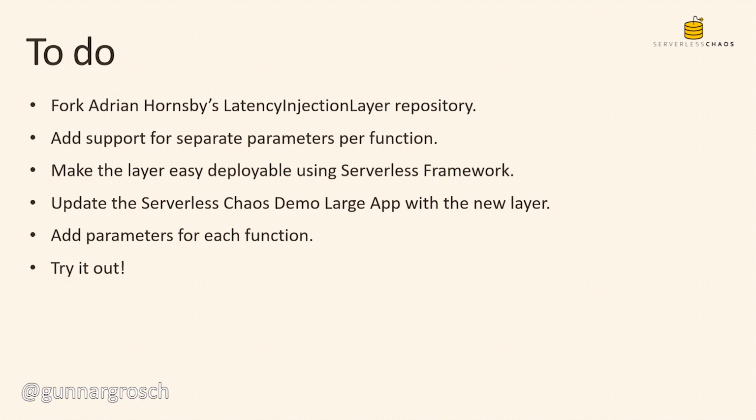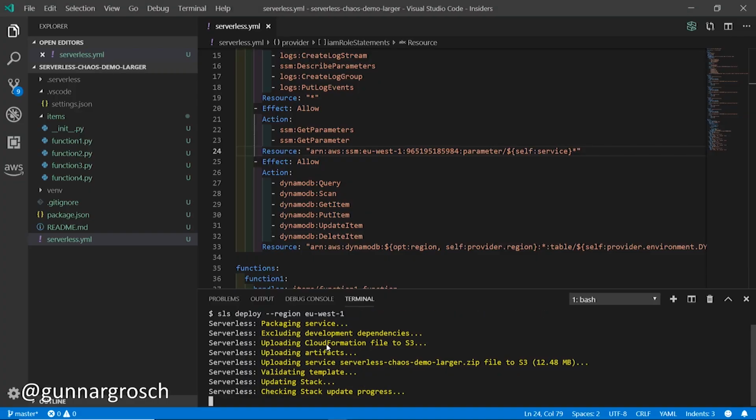We've given permissions to read the new parameters, and we've also put environment variables on each function referencing the new parameters that we've created. So if all goes well, we should be able to see the new parameters quite soon in the console. So let's just wait for the